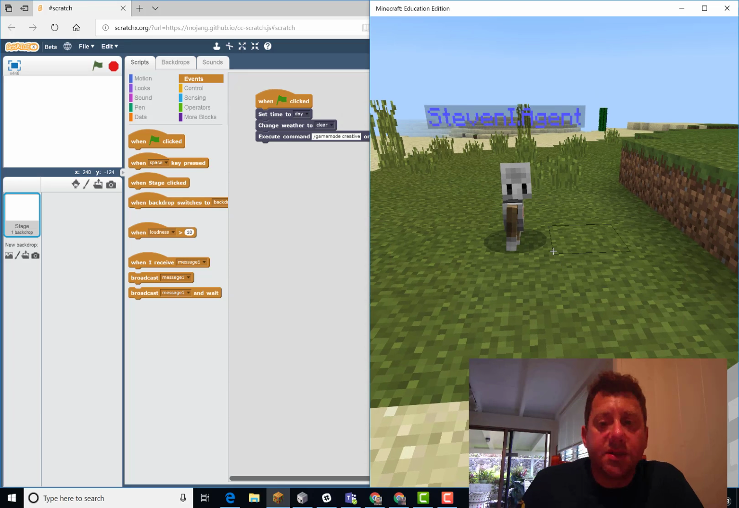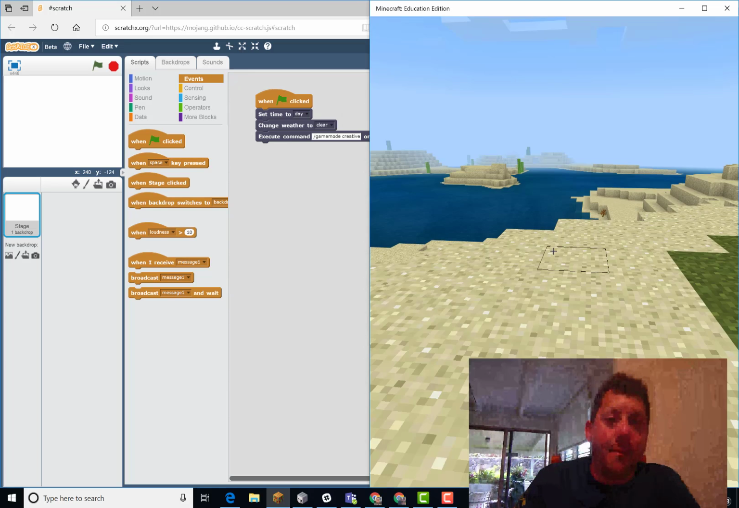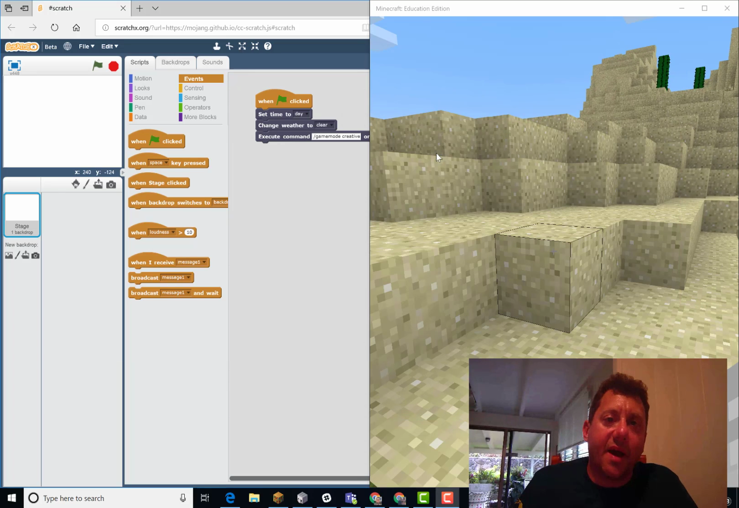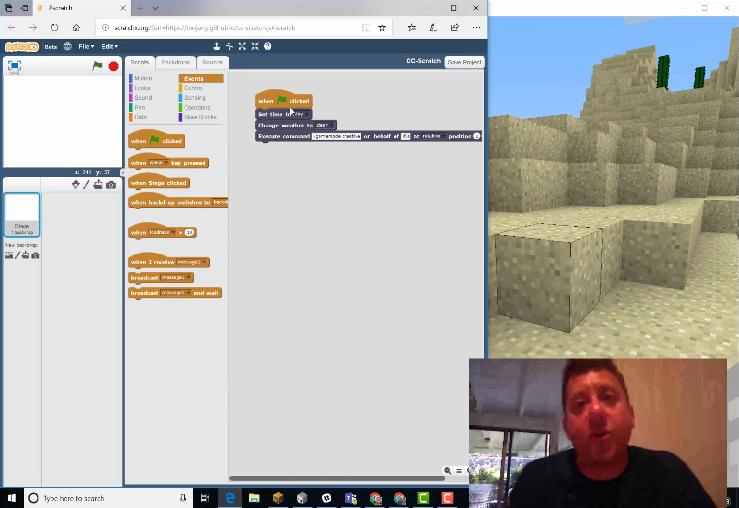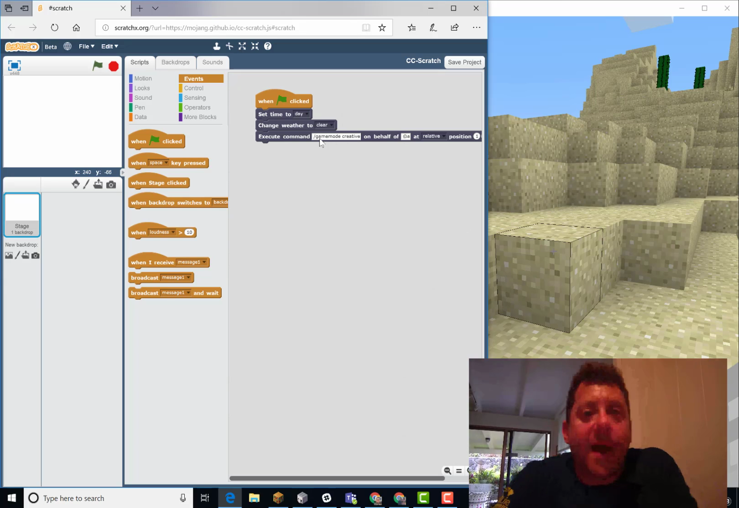So this all stemmed from, and for me it's more comfortable to use Alt-Tab. If I hit Alt-Tab, I go back to being able to focus on this window. So this is where I'm doing my coding. From last time, when I click on the green flag, which is this in Scratch, I'll set the time to day, change the weather to clear, and execute this command. What I kind of dig in Scratch is that